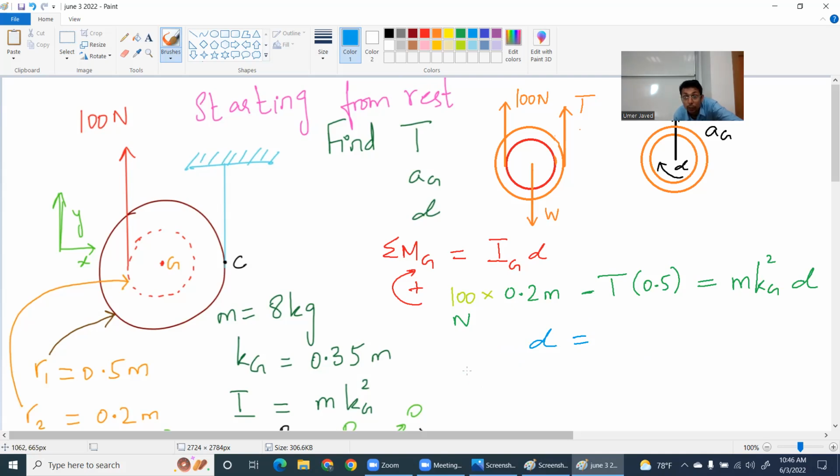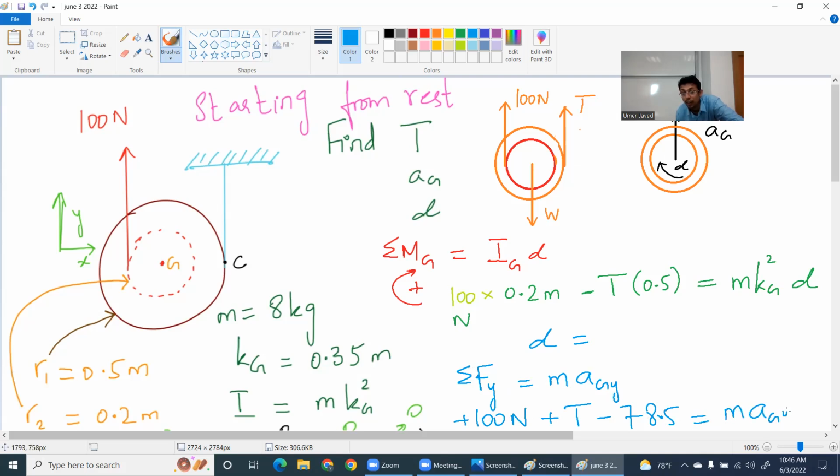So let's do another equation, I suppose. Summation of forces in the y direction is equal to m a_G y. So that will be plus 100 Newton plus the tension is upward. By tension, I think you understand what I mean. Minus 78.5. What is 78.5? The weight, right? Is equal to